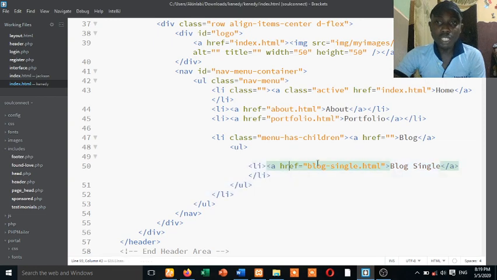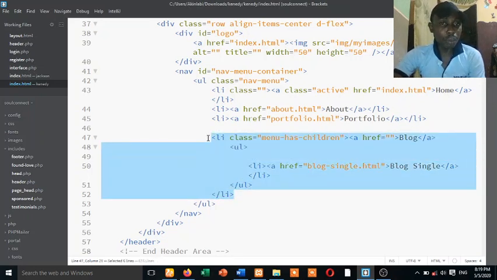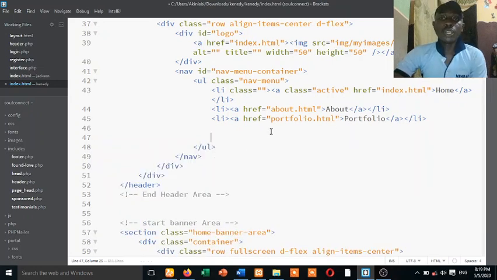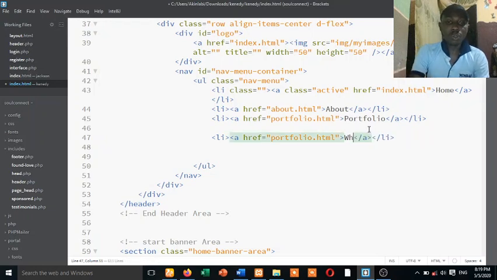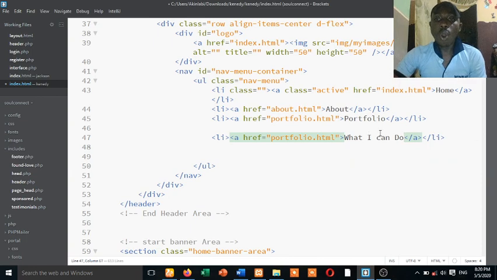Later on we are going to change it to index.php, but don't worry, let us just have it like this. So I want to remove this blog, the entire list. Don't forget this is the beginning of the list, this is the end. So if you are removing something, don't forget your HTML, beginning and end. So I will remove the entire stuff. Let's assume that I want to have another menu, which is what I can do as a portfolio. Let me add the menu. I copy that one, I paste it,